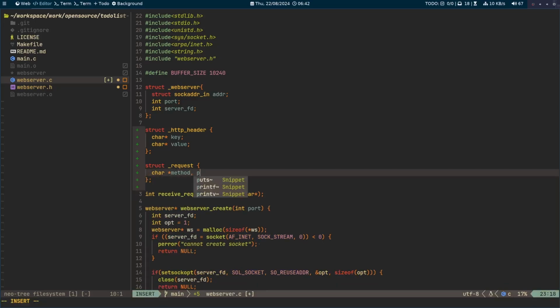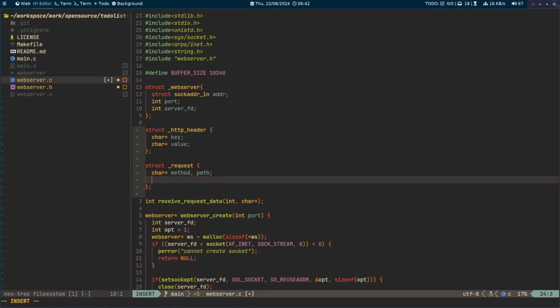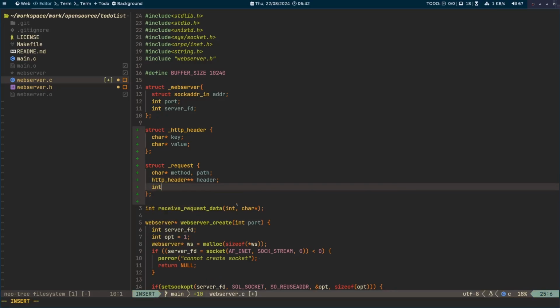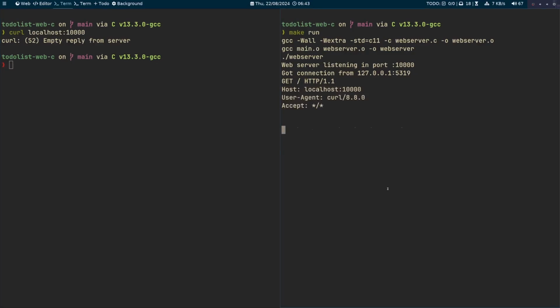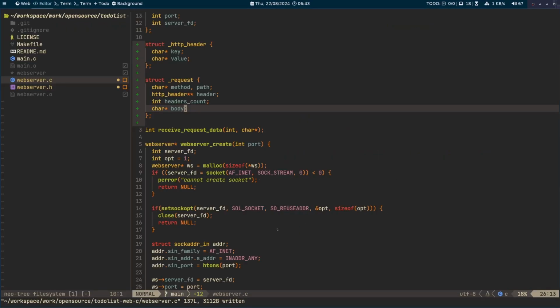Actually I can do this. I can do this method, path, then HTTP header. I'll need a double pointer because this will be an array of HTTP headers. Then we also need to keep track of the headers count, so we know how many headers are there in this pointer, and also the body. Okay, looking good. So compile, make sure I didn't mess up anything, and